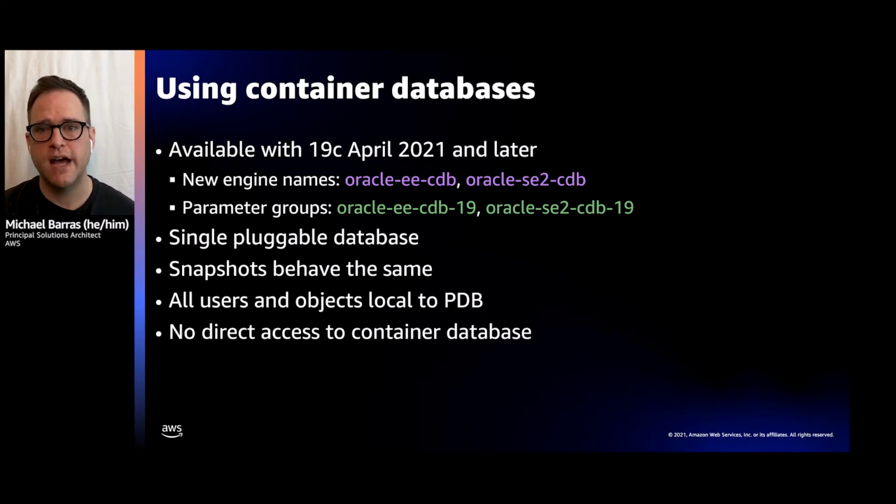With containers, snapshots behave exactly as they did before, with both snapshot restore and point-in-time restore supported. RDS snapshots capture the state of the storage underneath your database, so the container and pluggable are both included. The same holds true for multi-AZ, by the way, which replicates to another availability zone at the storage level, so there's no change in behavior for highly available instances either. And when you restore a container database instance, you can still change the database name, which in this case will rename the pluggable database.